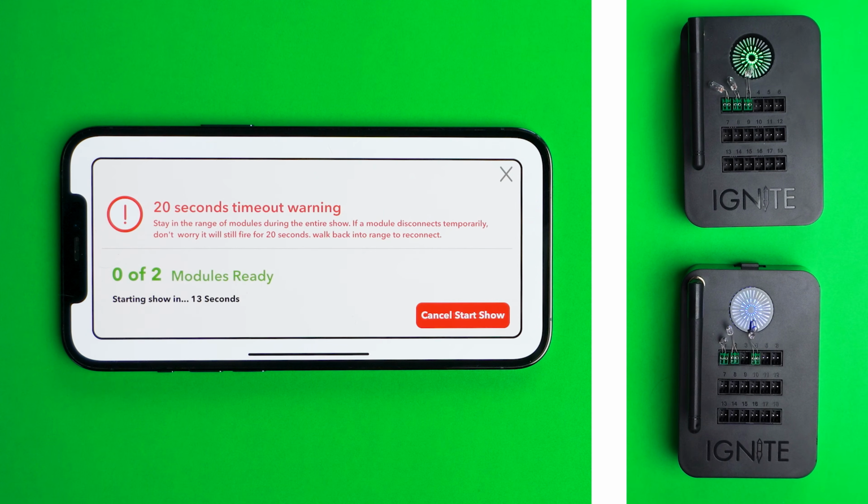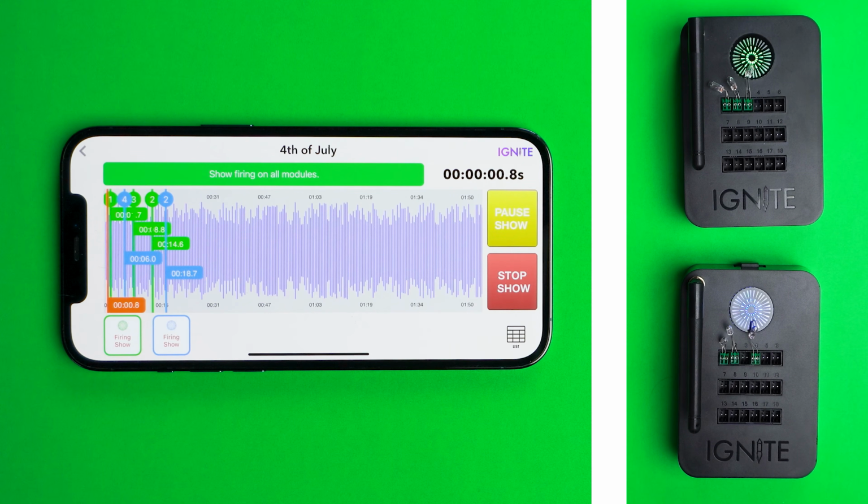When ready, press Fire My Show. This will display a countdown to when your show will begin firing. For each module, the system requires about 8 seconds. As the app starts the modules, the interface will tell you the current status. You are also presented with an alert of how to stop your show if required. Don't worry, this is normal. If you want to cancel this process, press the Cancel Show button. Congratulations, your show is now firing.